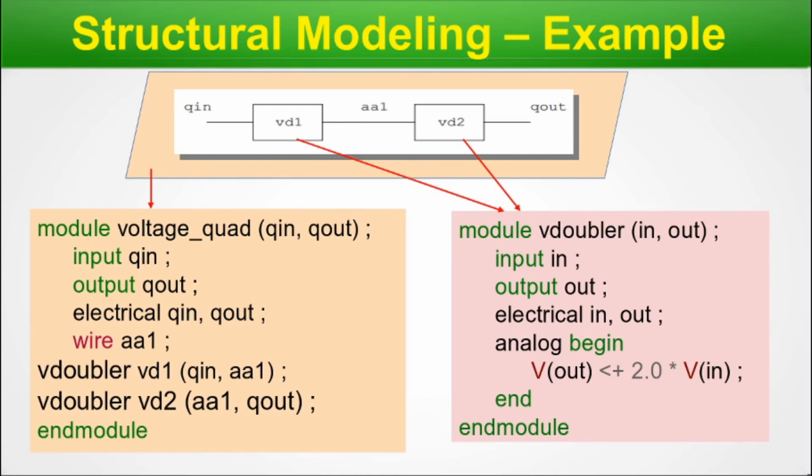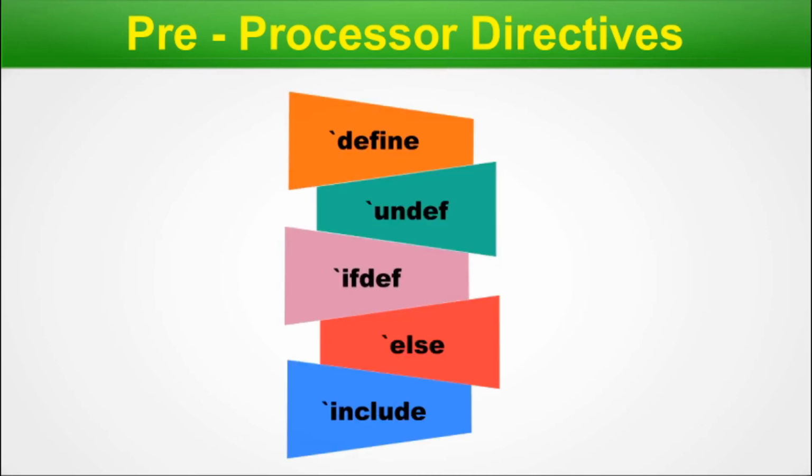Okay, guys, here we come to the end of the structural modeling. Let's go to the next section, which is preprocessor directives. We generally learn C as a first programming language in college, and we are very much familiar with preprocessor directives, because in the first line we have to write them. Similarly, in Verilog-A we have a couple of preprocessor directives. Some of them we use very often and some are situational. So let's see what there are.